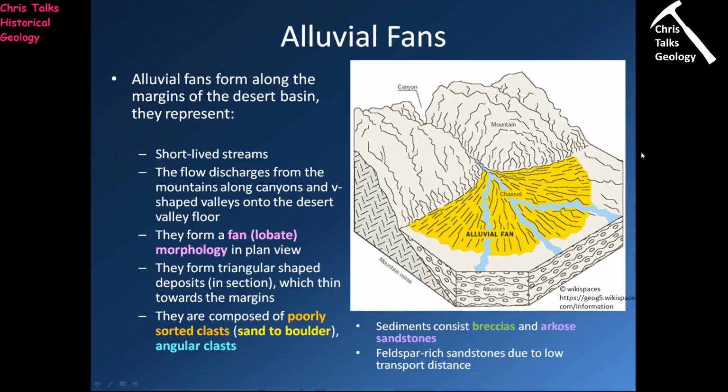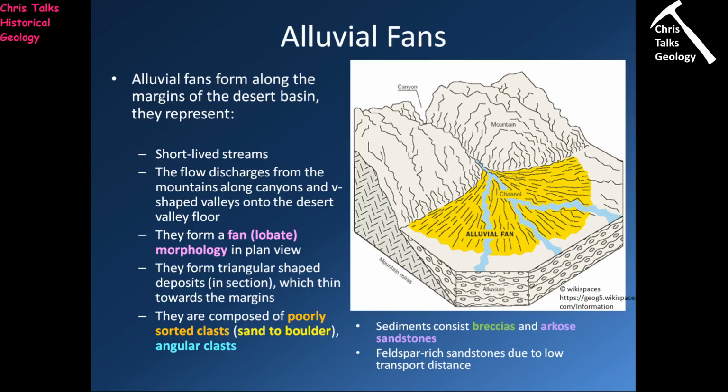The sediment that you get on your desert plain itself tends to be quite quartz rich, and that's because the sediment has been transported over very, very large distances. The wind is constantly moving it backwards and forwards, so over time, the total movement when you tot it up is quite large. Now this means that feldspar, even though it's a very robust mineral, it's very strong, it's 6 on the Mohs scale, because it's been moved around so much, it will eventually degrade physically and fall to pieces and be lost. And this means that desert sands will tend to be dominated by quartz, because over time the feldspar gets